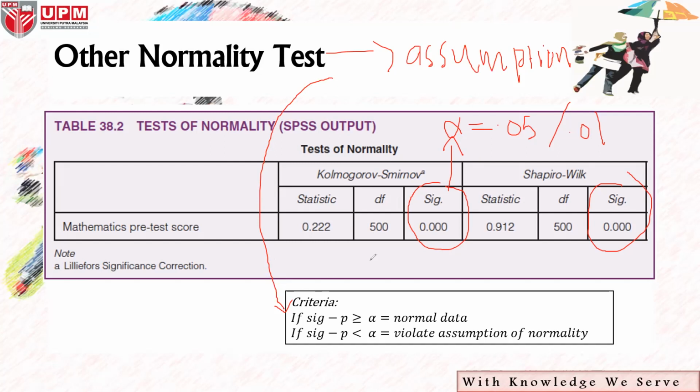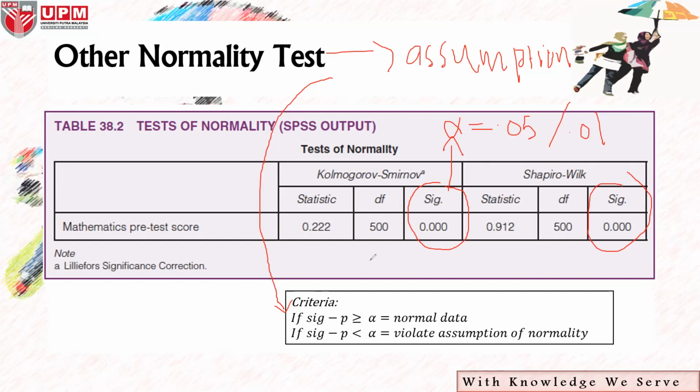So the criteria is, if the significant value is larger than or equal to alpha, our data is considered to be normal. If the significant value is lesser than alpha 0.05 or 0.01, it means that our data violate the assumption of normality,